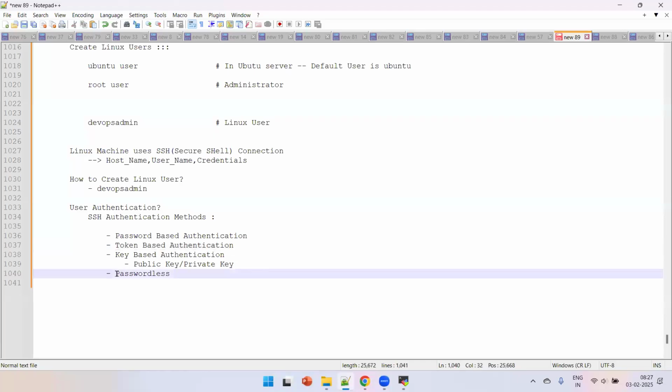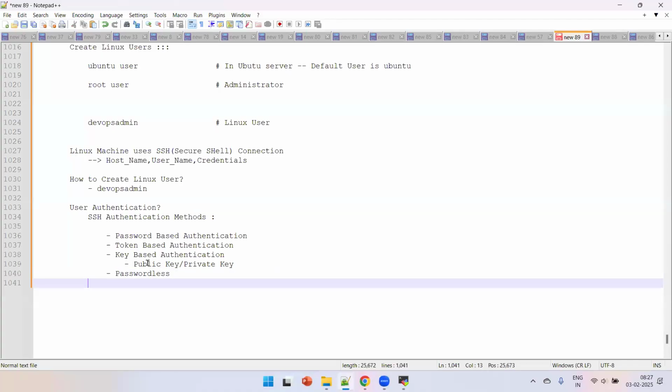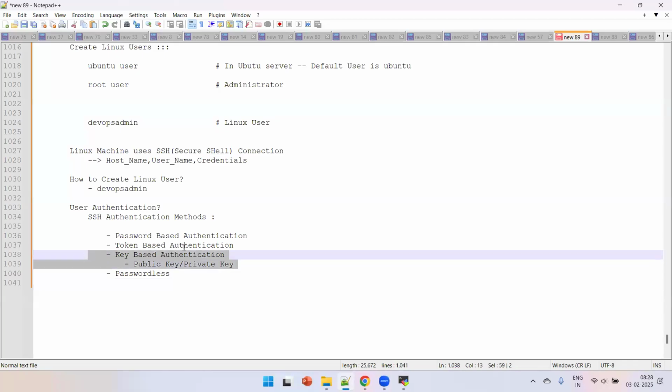And passwordless means it is accessible within a secured or closed network. We can use passwordless there. But for handling any remote servers, it is always recommended to use key-based authentication. Got it? So now we'll see how to create a user in your Ubuntu server